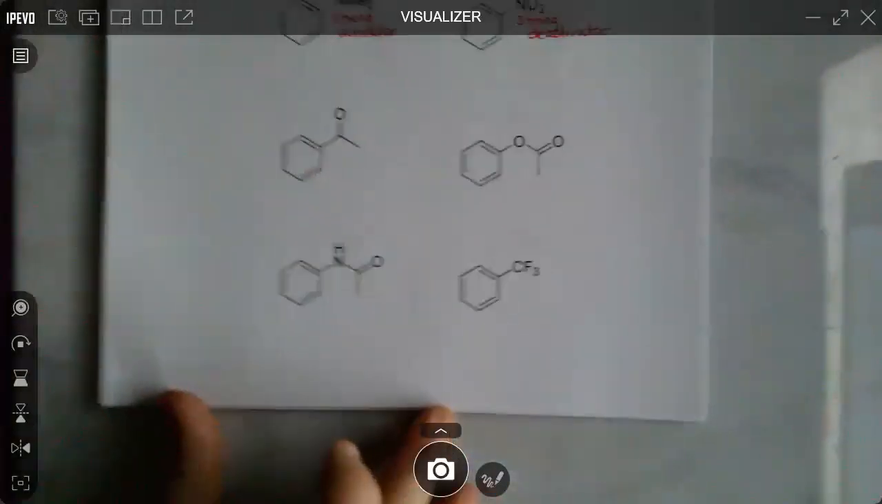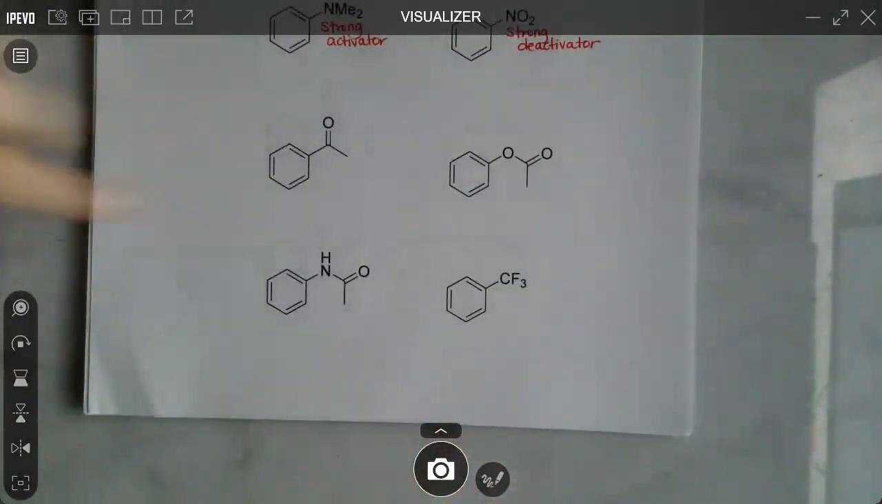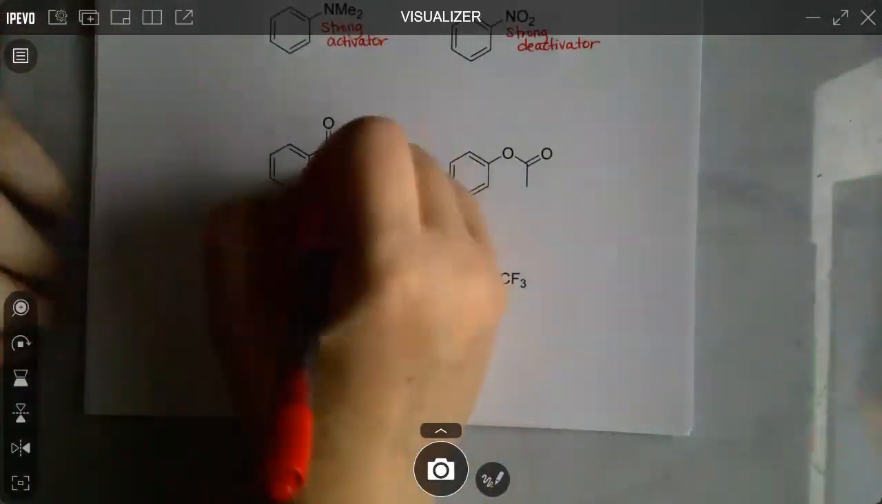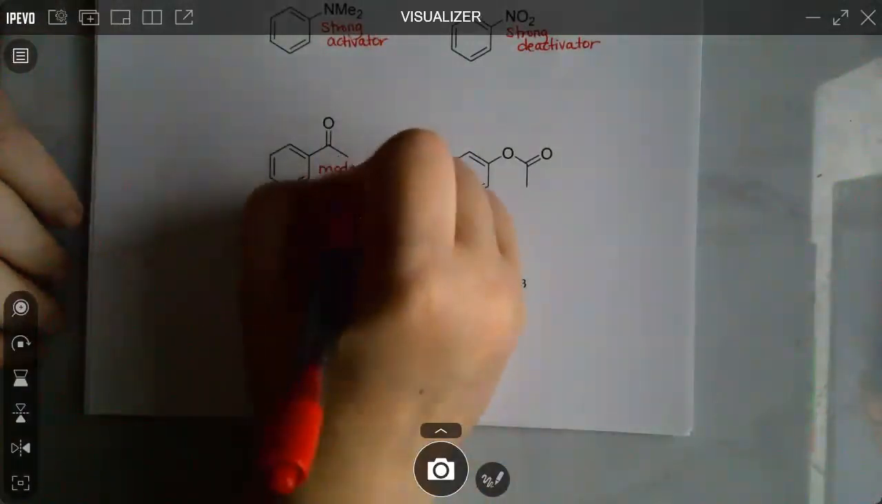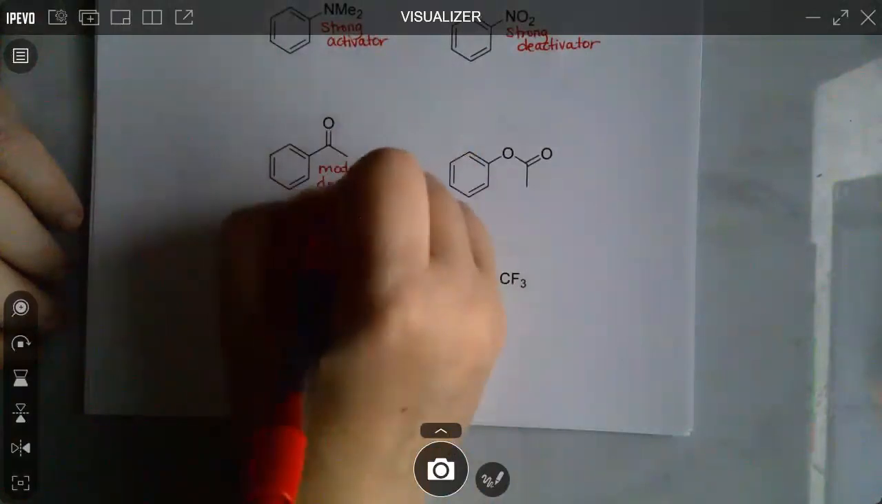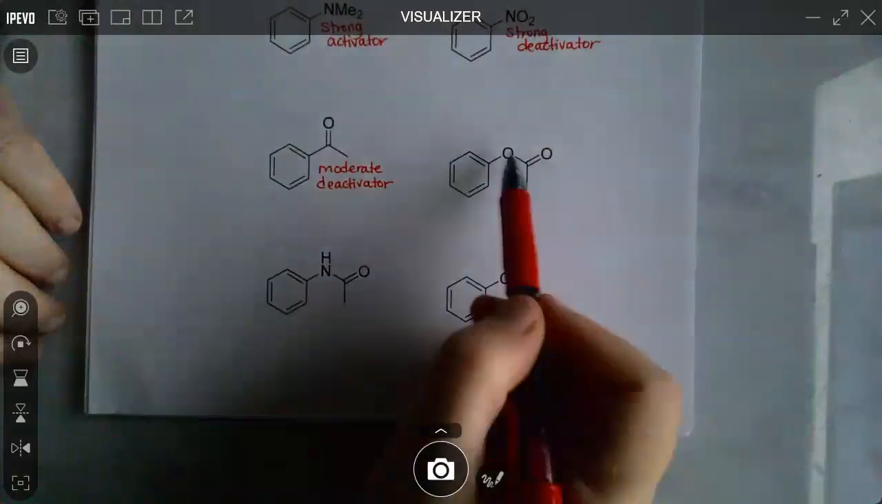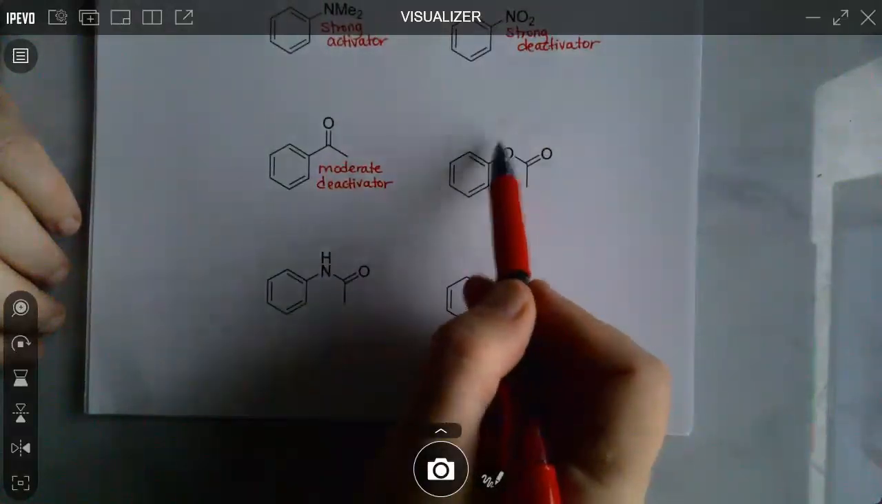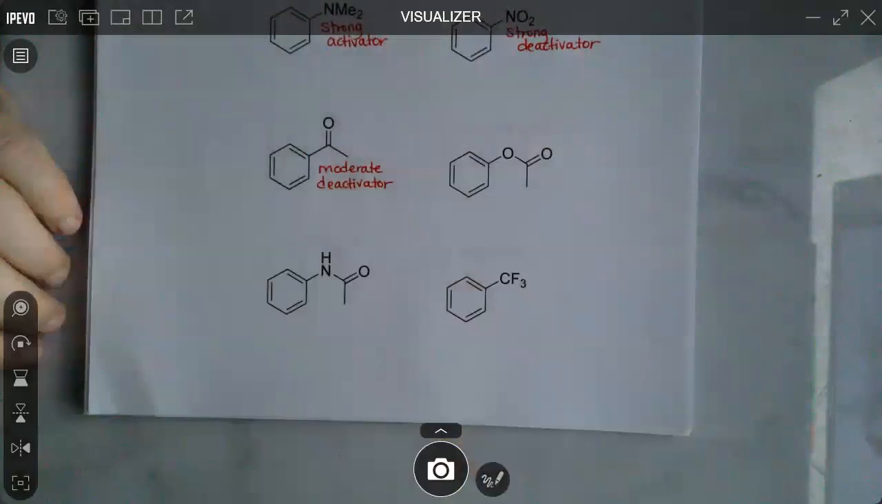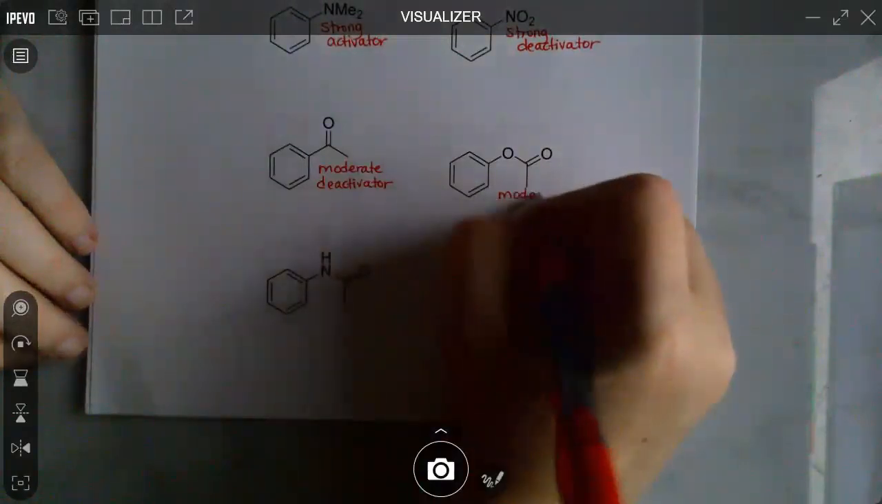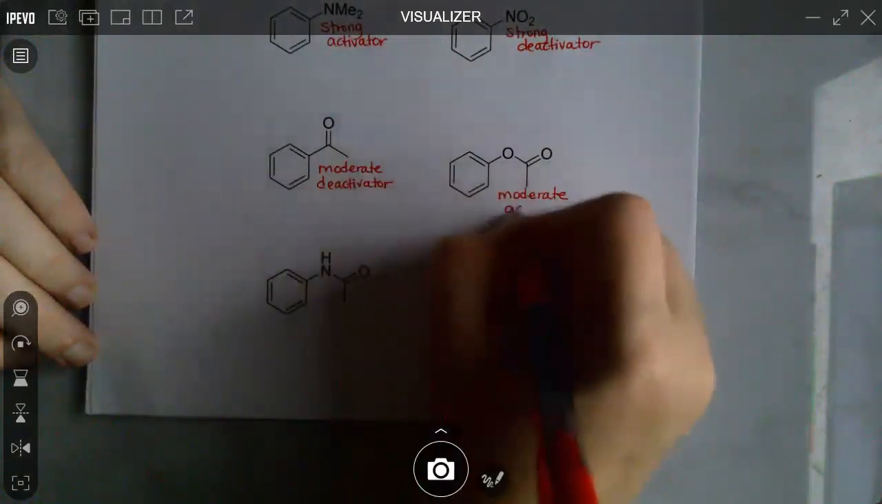Looking at the last 4 here, we have a ketone. So notice the carbonyl directly attached to the ring. So this is going to be considered a moderate deactivator. Whereas this one has an oxygen with a lone pair right next to the ring. So that's through resonance donating electron density into the ring. So this is considered a moderate activator